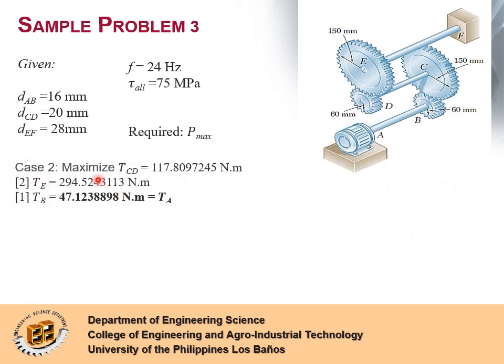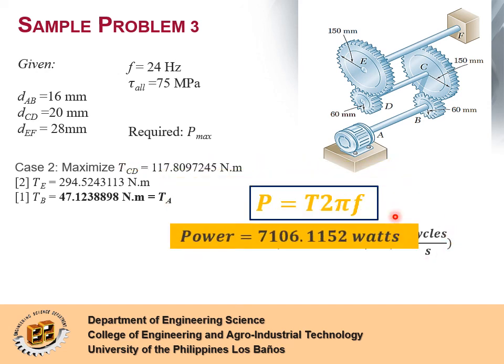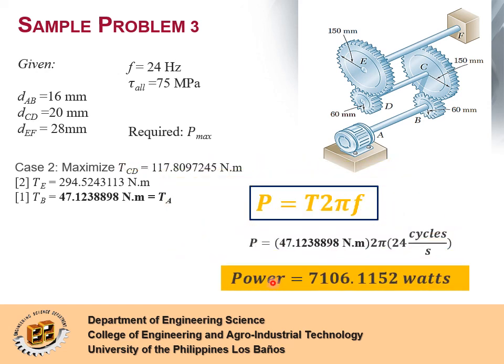Using case 2, we can now solve for Pmax by multiplying the torque at A from case 2 by 2 pi and by the motor frequency. T sub A using case 2 is equal to 47.1238898 Newton meter times 2 pi times the motor frequency, which is 24 Hz. Therefore, the maximum power that can be transmitted from the motor is